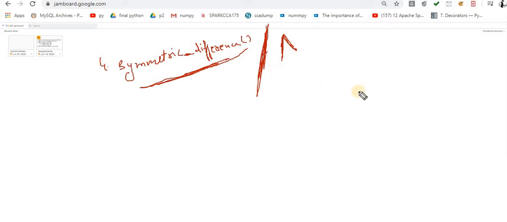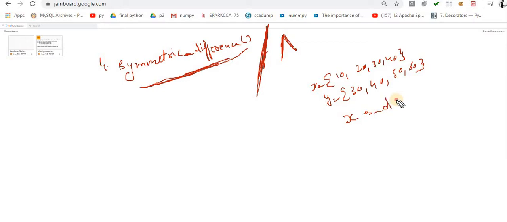Now observe this scenario. Let's suppose x is 10, 20, 30 and 40, and y is 30, 40, 50 and 60, and you want to perform the symmetric difference. One way is the complete name, x.symmetric_difference(y). Another way is x cap sign y.